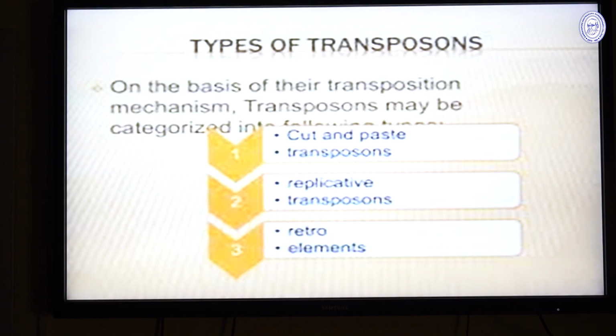So the way it is doing is known as cut and paste. That means simply the transposon is cutting itself out without leaving a copy of itself and then pasting into its new position. This is one kind of mechanism, and another mechanism is that it tries to leave behind a copy of itself. That means before coming out, it will replicate, or rather duplicate, leave a copy of itself, and the new copy that has been produced after replication gets inserted into the new DNA.